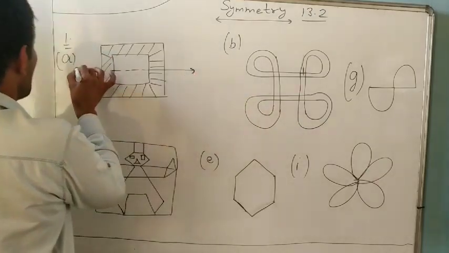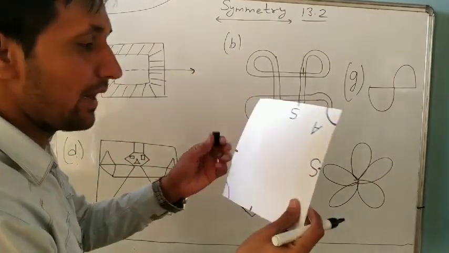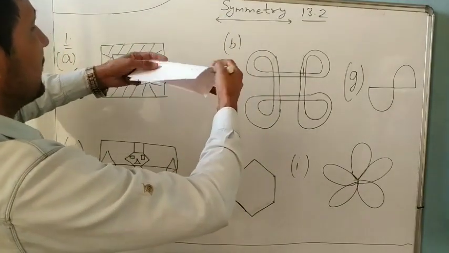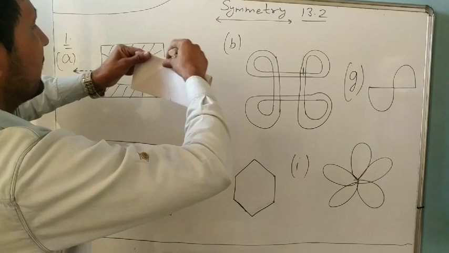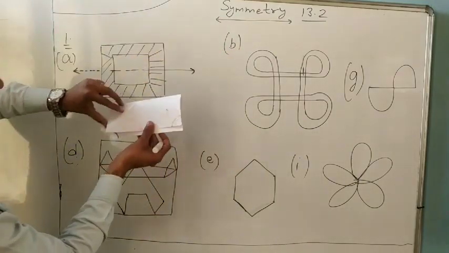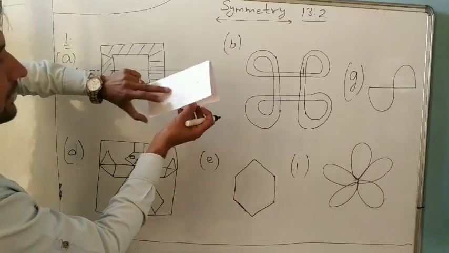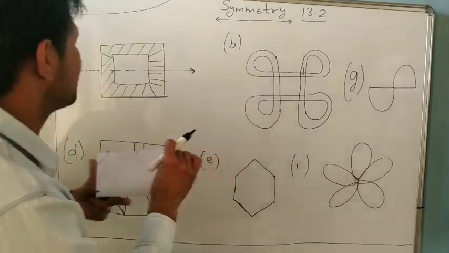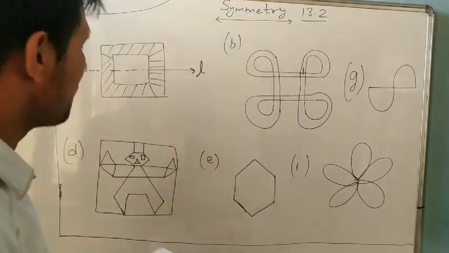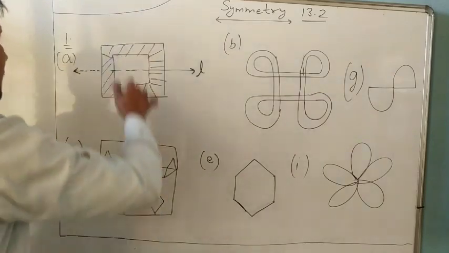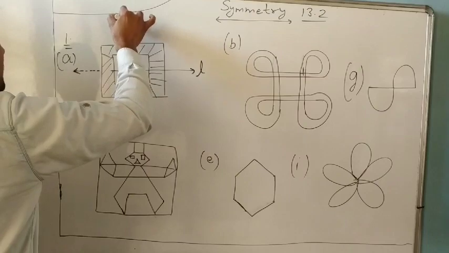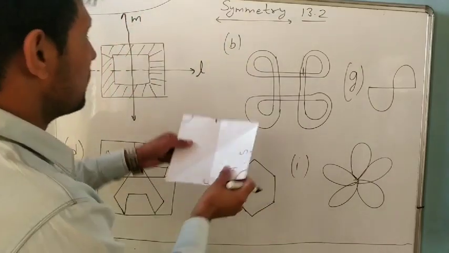You will make a square yourself and you will check yourself. Look at it. It is a horizontal line. So yes, it is a line of symmetry. When you fold this figure, these cover each other completely. It means it is a line of symmetry. You can give the name L line. Now we will check for vertical. It is also a line of symmetry. It is M. M is also a line of symmetry.